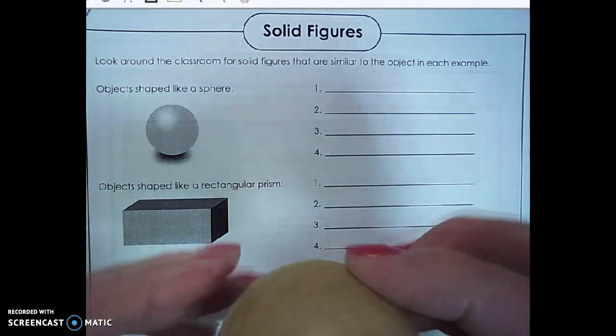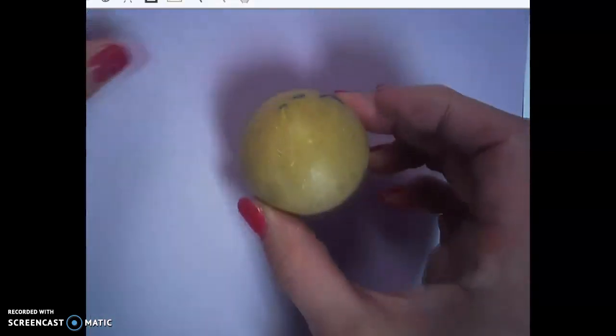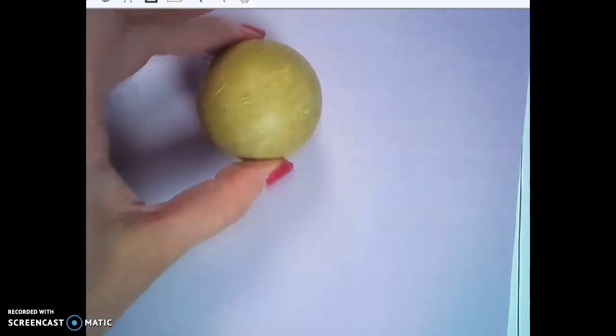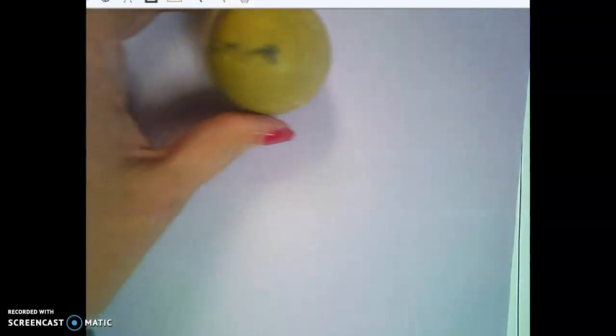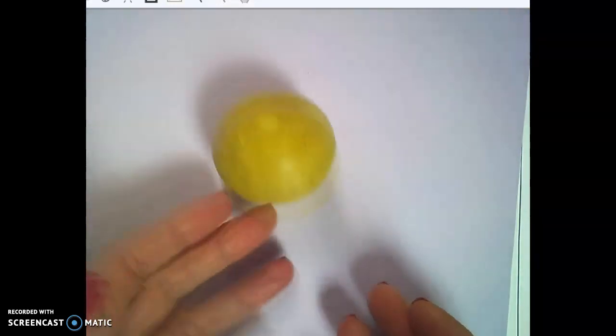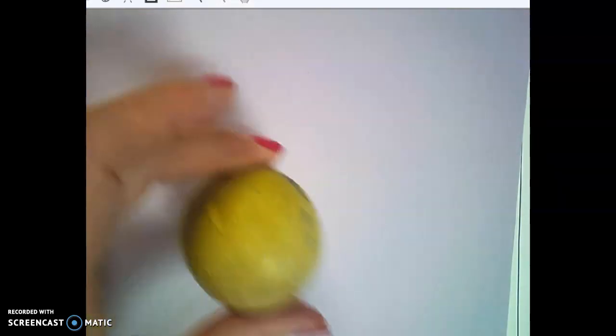So today we're going to just take a look at a sphere. The sphere, a lot of people think of it as a ball. It rolls around. It does not have any edges on it. That's why it rolls. It doesn't have any vertices, no faces. That's the first shape there. And then we're going to be looking at